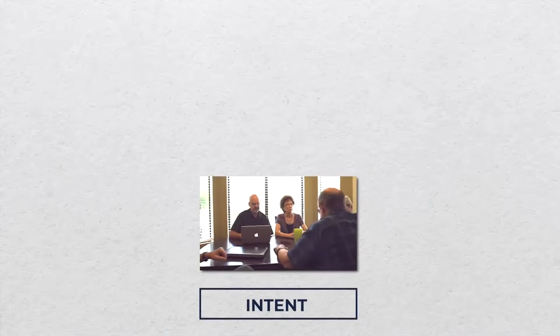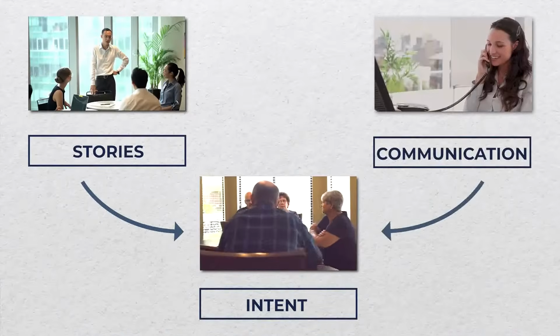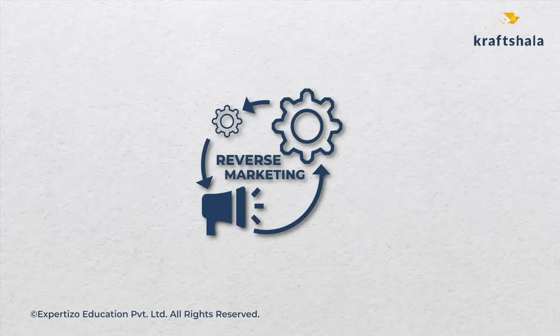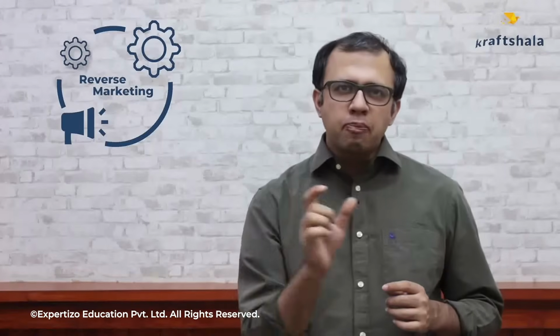This technique is really about observing the craft of some of the best marketers that you know of and studying their work to see what you can learn about their intent from the stories and from the communication that they launch. In this case, the observation is not made so much from a consumer's lens, but from a marketer's lens. I call this process reverse marketing, and it works similar to how you would reverse engineer a product or a process to see exactly what works and what doesn't work.